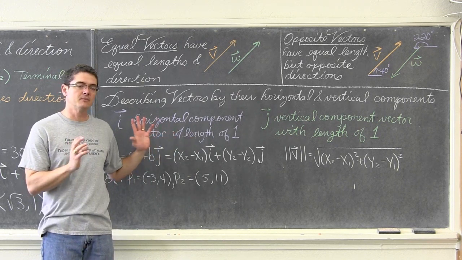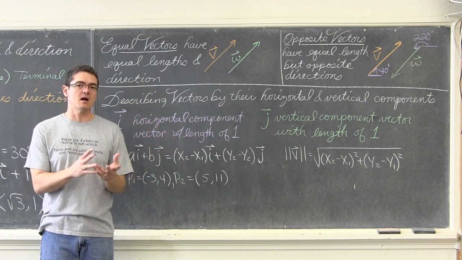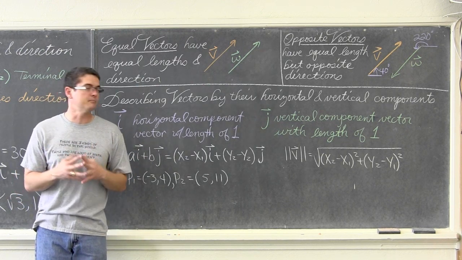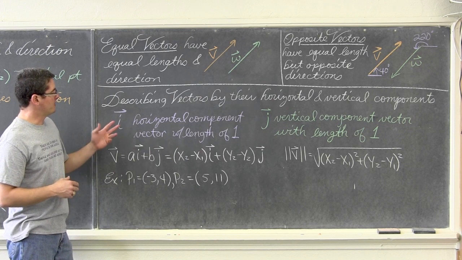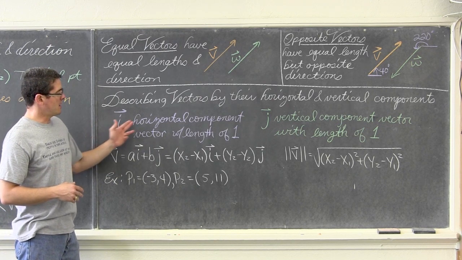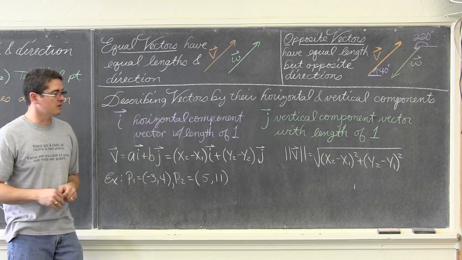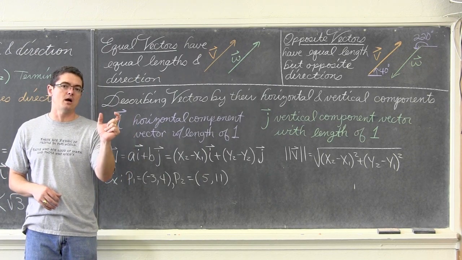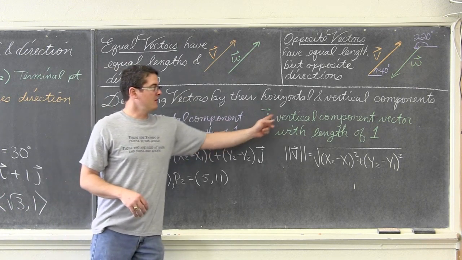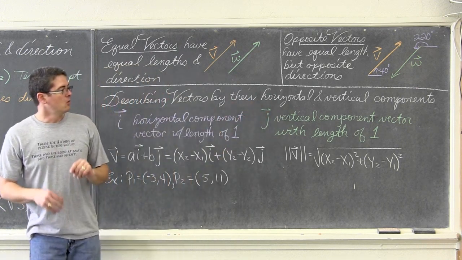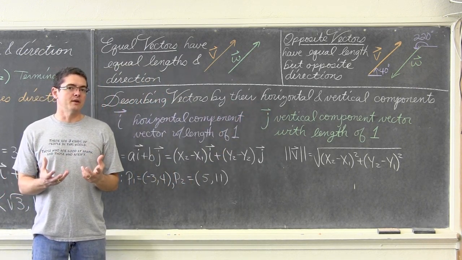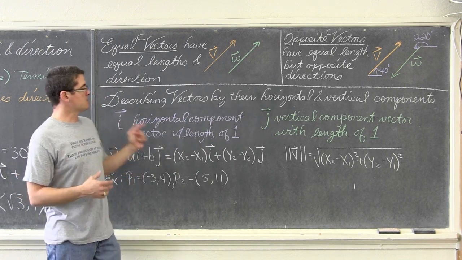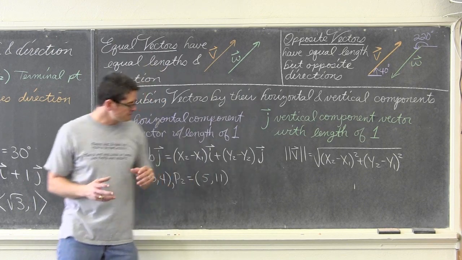So that's going to be the main idea behind all these examples and concepts we talk about for the rest of this video: vectors in terms of their x and y components. So let's figure that out. We vectorize a horizontal component with a vector length of 1. So i is simply a horizontal vector with a length of 1. j is a vertical component vector, as well with a length of 1. They're called component vectors, thus their lengths are 1. i is horizontal, j is vertical.